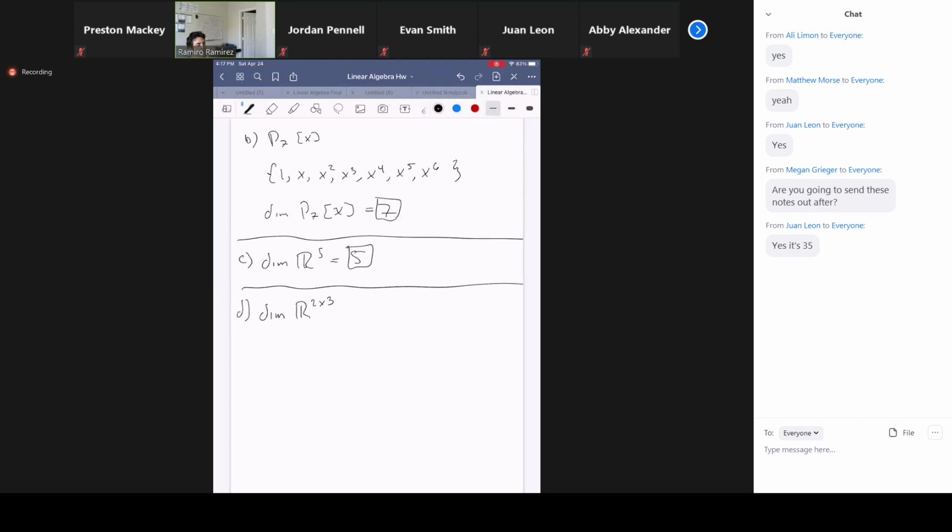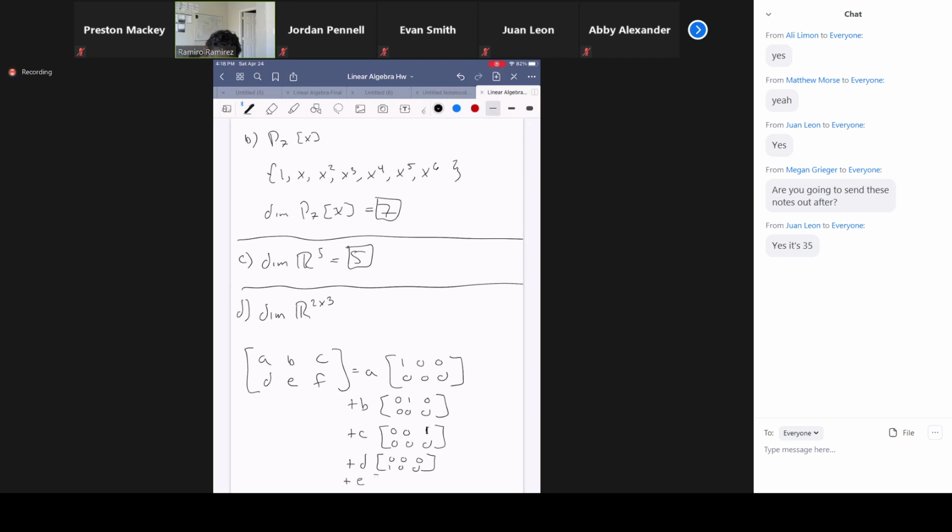Okay, so in order to build a 2 by 3, you have A, B, C, D, E, F. Well, I can build it with A times 1, 0, 0, 0, 0, 0 plus B times 0, 1, 0, 0, 0, 0 plus C times 0, 0, 1, 0, 0, 0 plus D times 0, 0, 0, 1, 0, 0